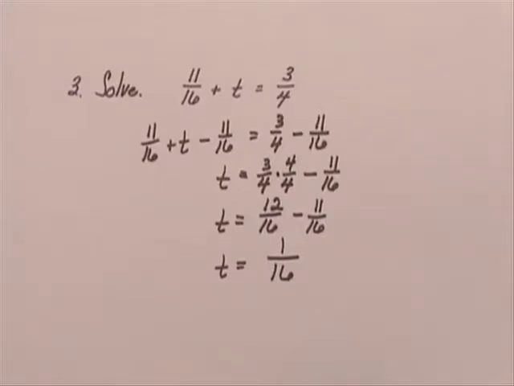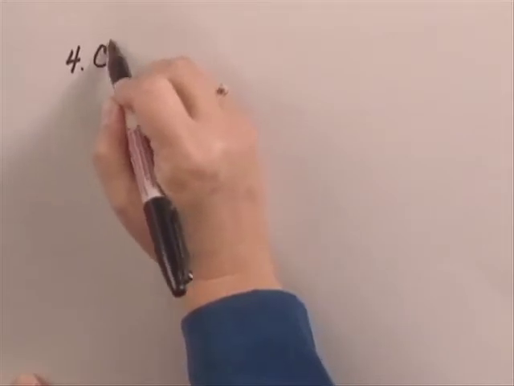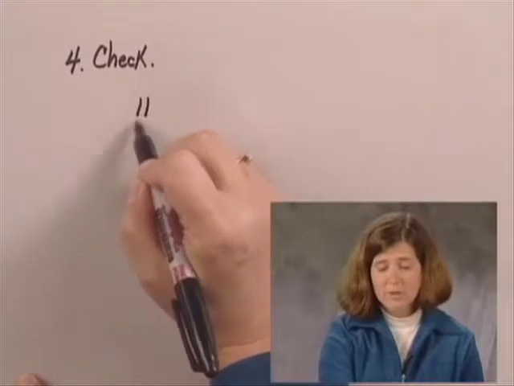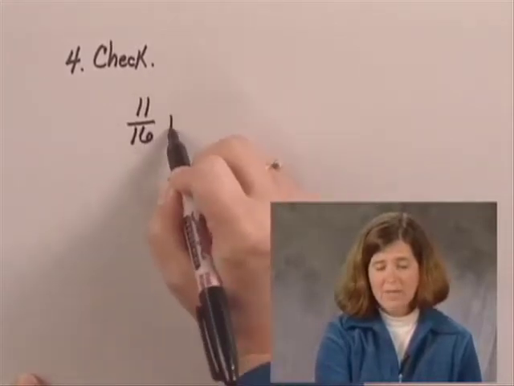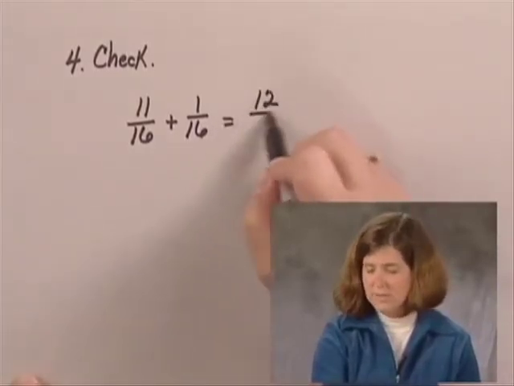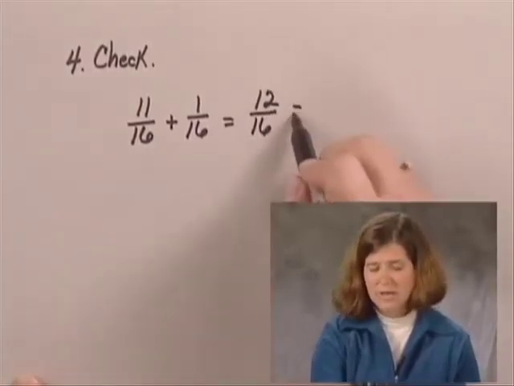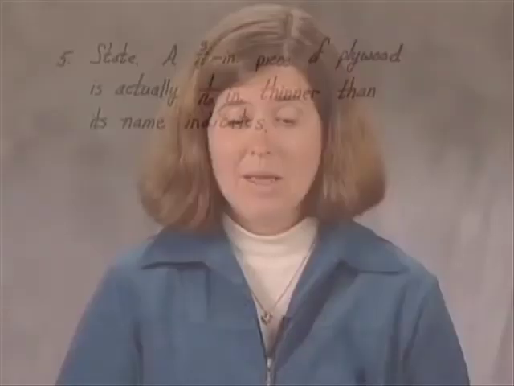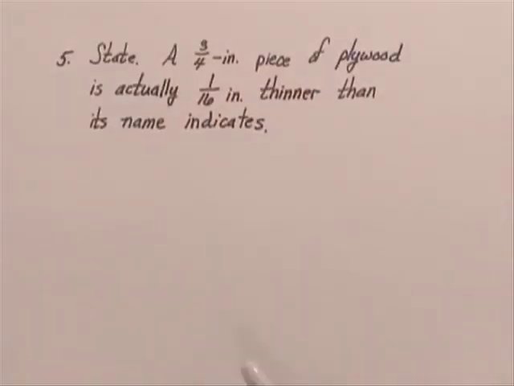Well, to check that, which is our fourth step, we could take this thickness of the plywood and add that extra 1/16, which is 12/16, which simplifies to 3/4. This shows that the excess thickness we'd expect to be in that piece of plywood, but it's not there, is 1/16 of an inch. So now we can state the answer to our problem, the fifth step of the problem-solving